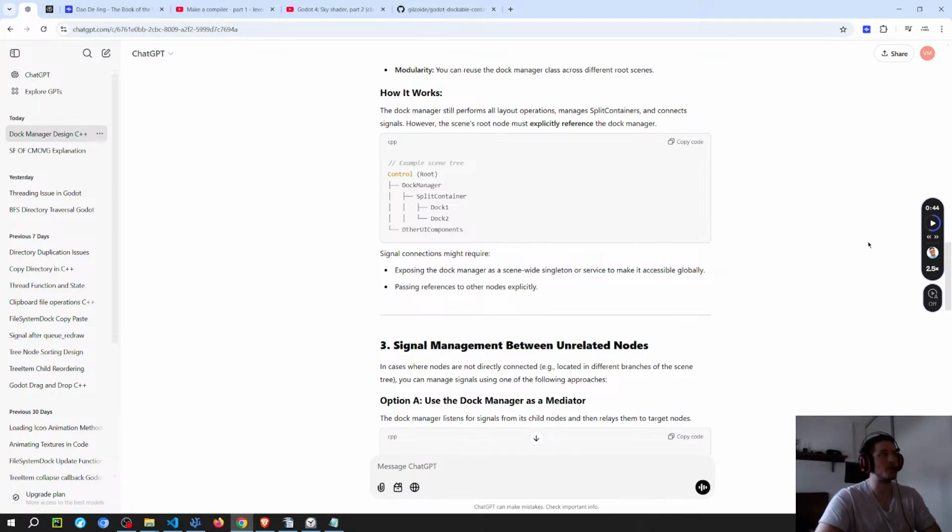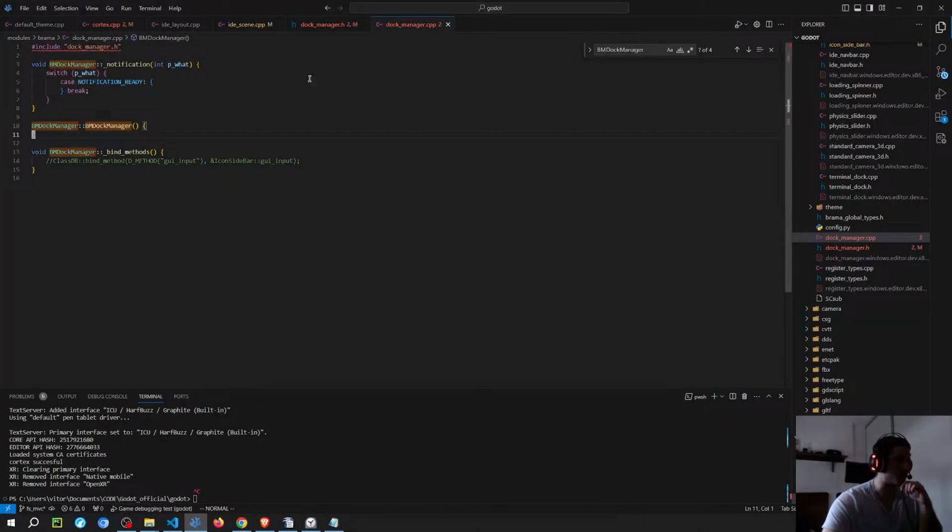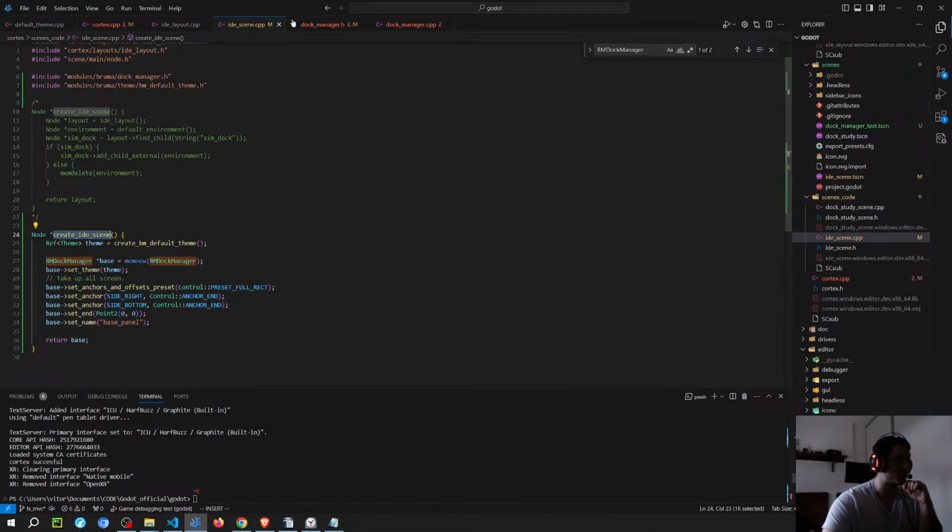But the problem with this one, I think, is that the advantage of doing it as a root is that it simplifies the way you add the nodes, probably. I think it simplifies the way you switch the nodes, because the problem with not making it part of the root is the same problem that I had with the icon sidebar. I think the issue is when you need to